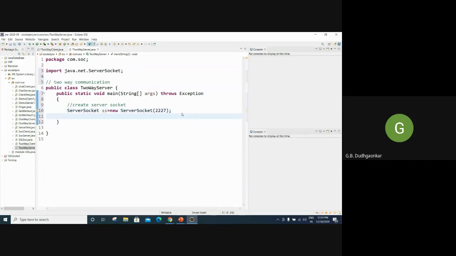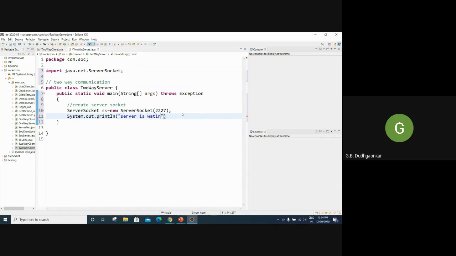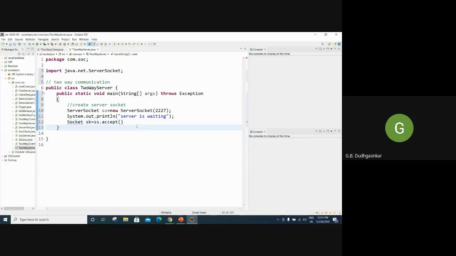Now flash one message that the server is waiting, because now this is just the creation of the socket. So now the server is waiting. Then use one more socket, sk, and use the server object to accept the connection from the client.